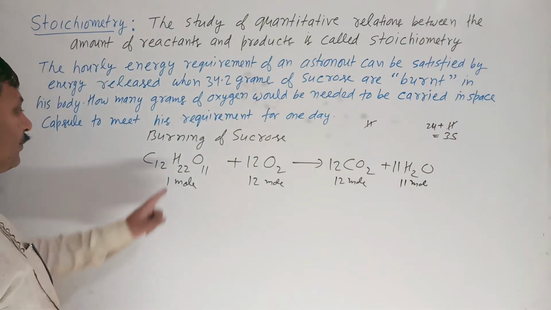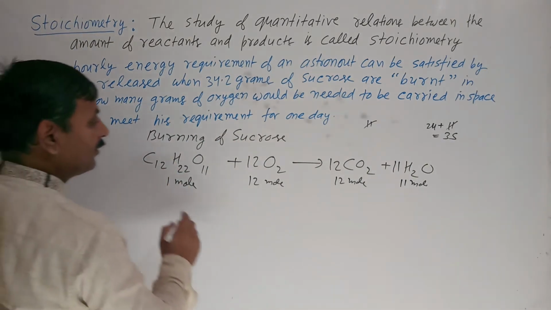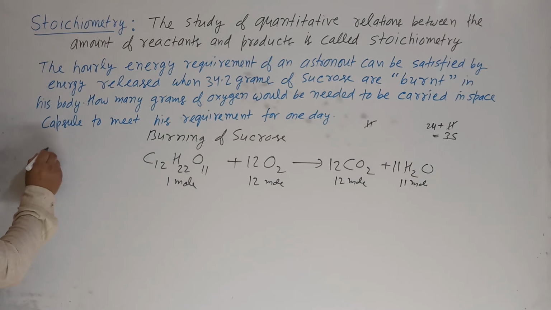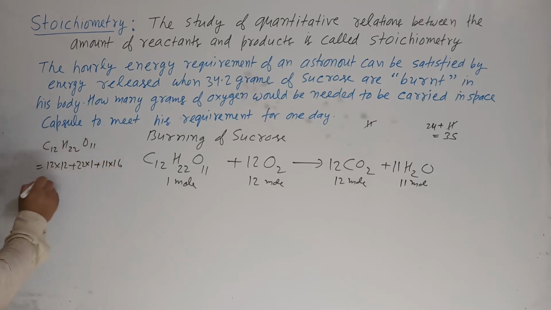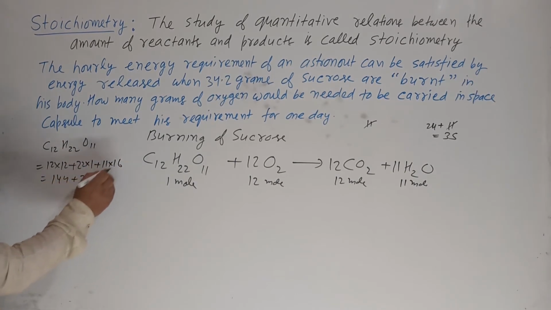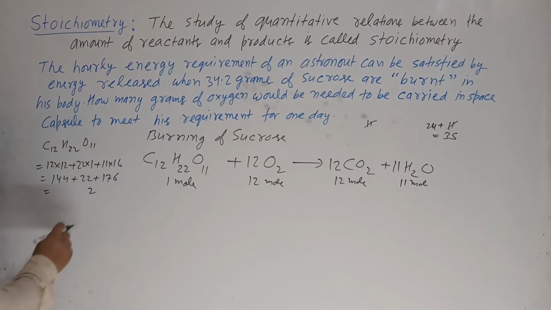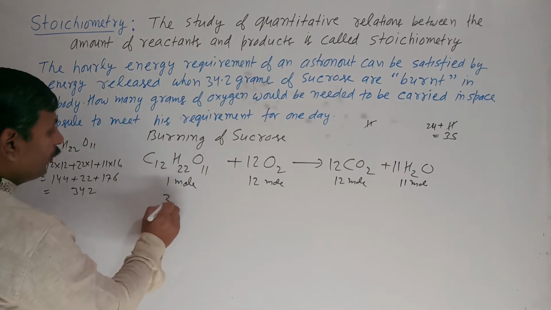11 mole of water. In 1 mole, how many grams? What will be the molar mass? You calculate molar mass here. If you are calculating C12H22O11, so 12 into 12, 22 into 1, 11 into 16, 144, 22. Calculate it. Okay, this has come 342. One mole means 342 gram